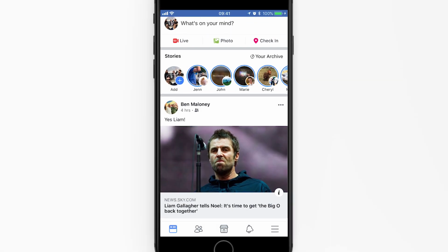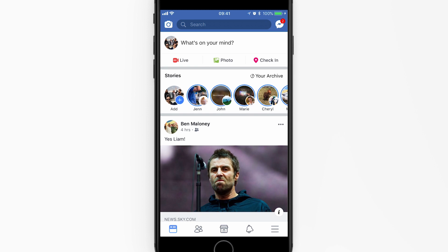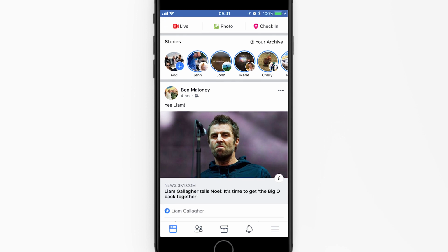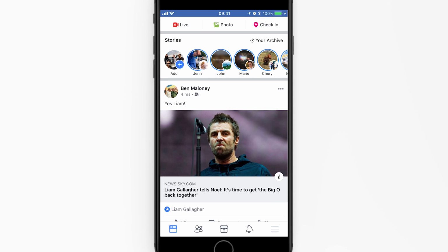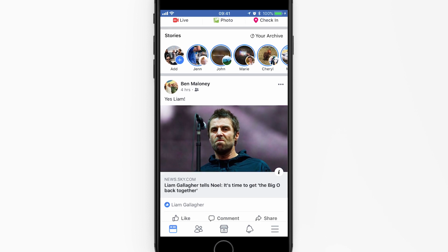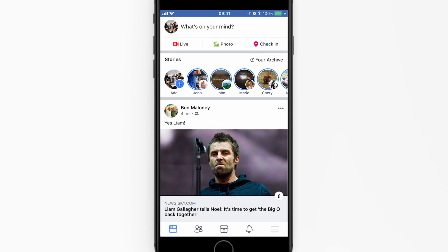So here is a live view of the Facebook homepage for those of you that are active users of Facebook. This is live, so you'll have to forgive me for anything that you may see in the newsfeed. Here we've got Liam Gallagher telling Noel it's time to get Oasis back together. I, for one, will be looking forward to that, but won't be holding my breath. This is a live view of the Facebook newsfeed, so I'm not going to scroll through it, although